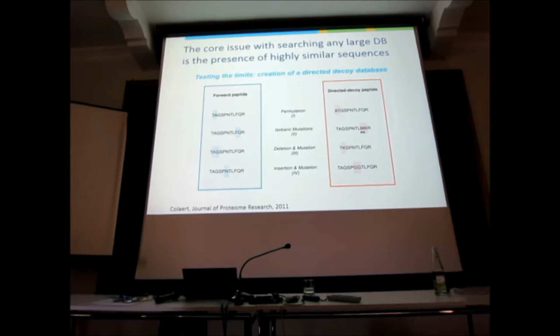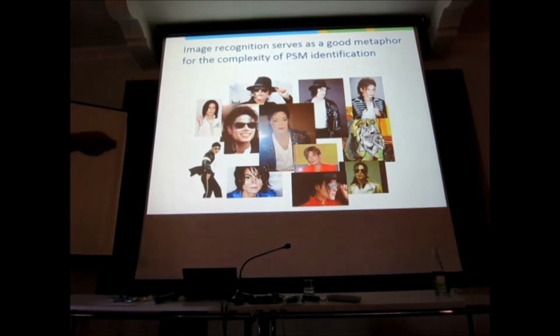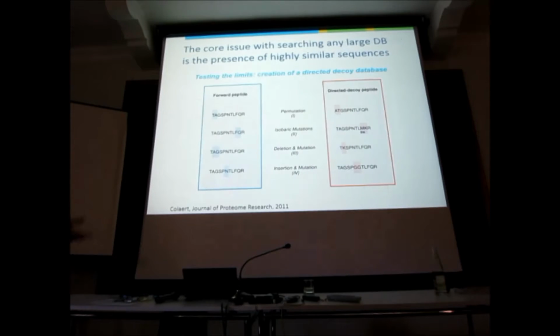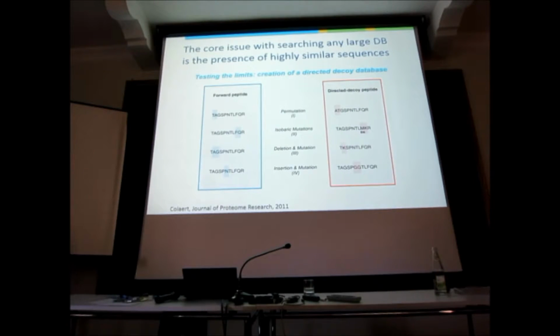Here we have deletion or mutation. Alanine and glycine together have roughly the same mass, at least for an ion trap, as a lysine. And then here we take asparagine and replace it with 2 glycines. So you see we make a lot of Photoshop peptides. This is always the same guy, but it yields very many Photoshop versions. So if this is our peptide, we make these Photoshop versions. Then we take another celebrity and we take all the other imitators. And so we go on so that every one of these 70,000 peptides has at least 100 imitators in the database. This is really pushing the search engine, right?